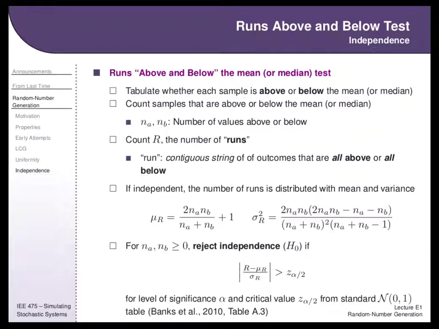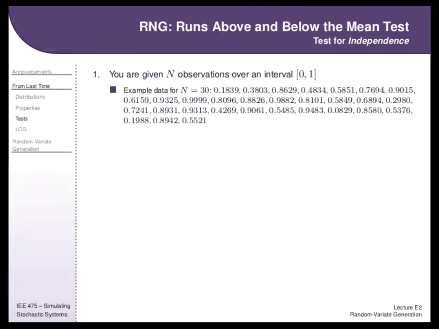You'll calculate this expected mean under the hypothesis of independence, you'll calculate this expected variance under the hypothesis of independence, and then you'll calculate a z-score: the number of runs minus the expected number of runs divided by the standard deviation, so make sure you take the square root of the variance. That will give you a number that you can look up in the z-score table,